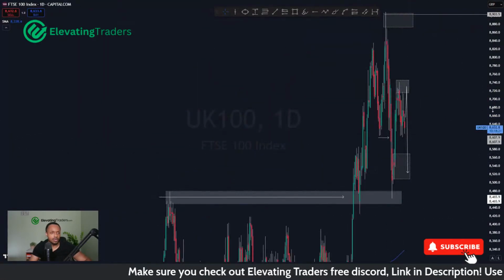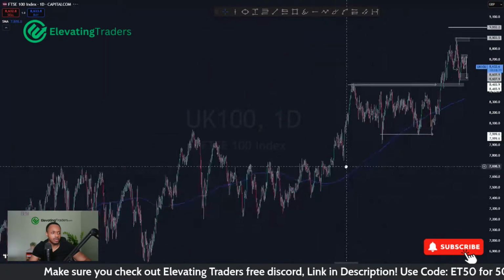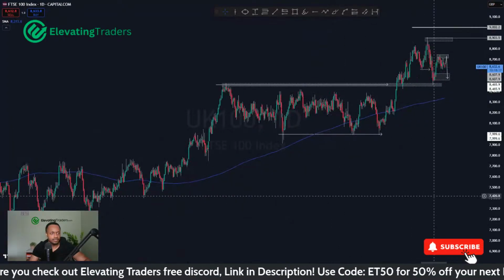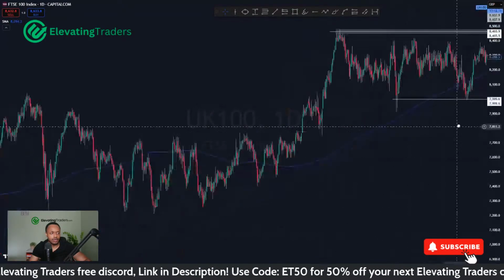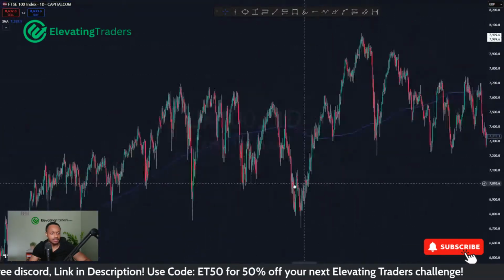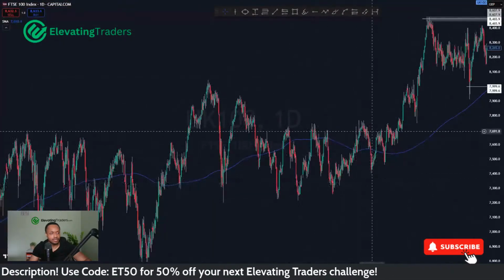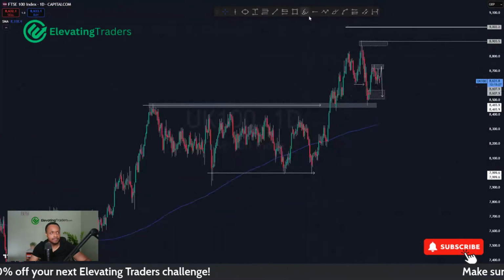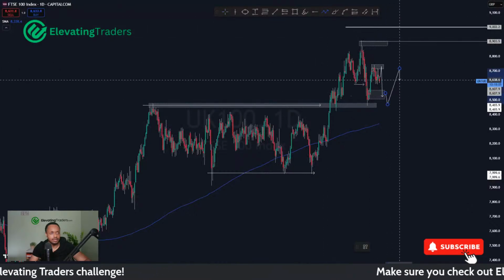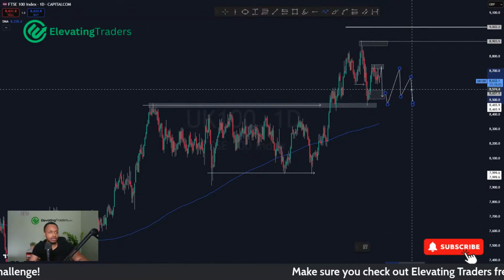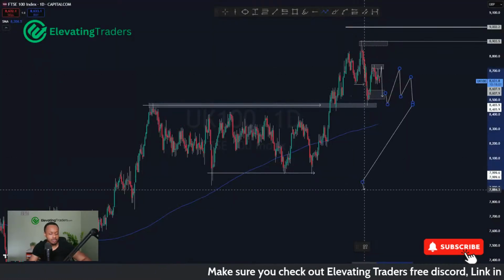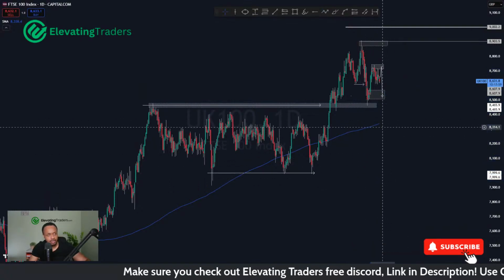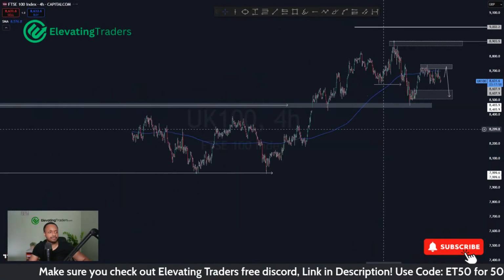Again, with the UK 100, we are still very bullish, but I do think we're going to come back into a bit of a consolidation phase. Typically, when price does have its breakouts, it is followed closely behind by a big consolidation, as we can see. I do think we're probably going to get something similar to that with the UK 100 pretty soon. But yeah, at the moment, shorts look pretty good.